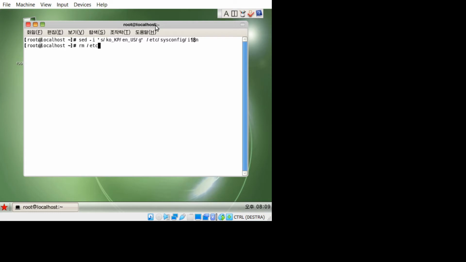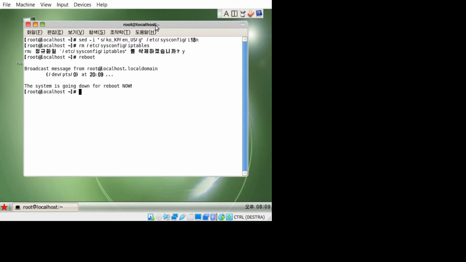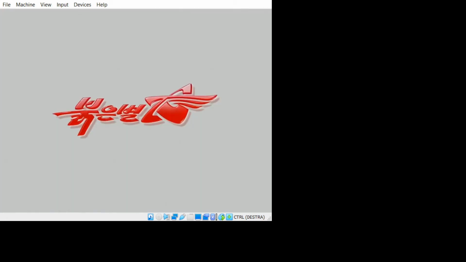And remove the iptables rules that prevent the web browser from accessing the public internet. Reboot to make the changes take effect.